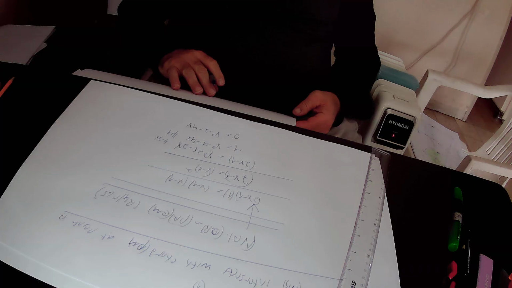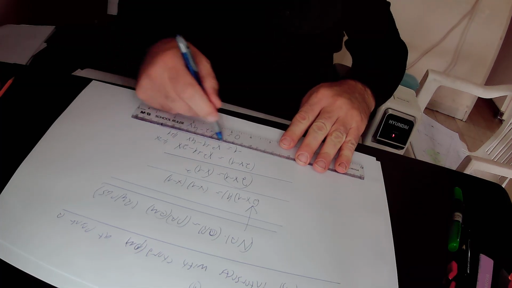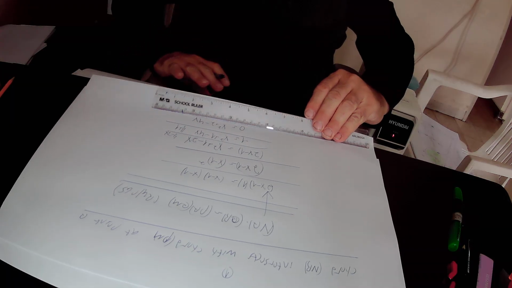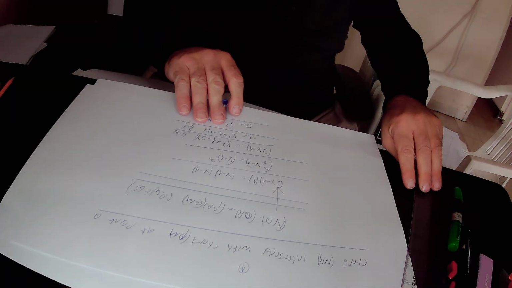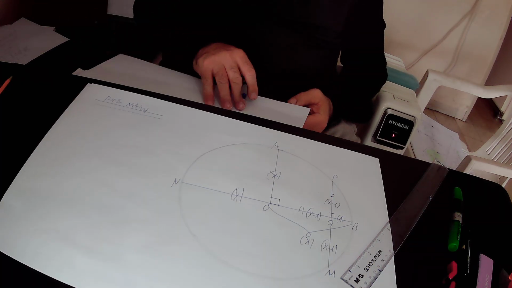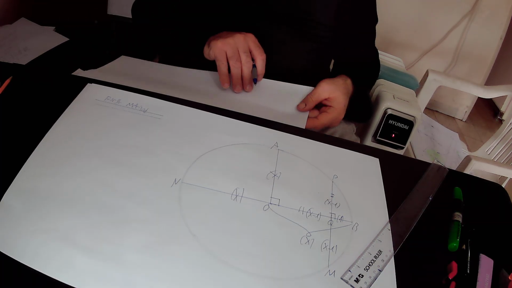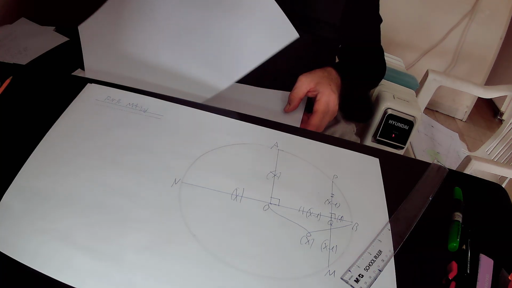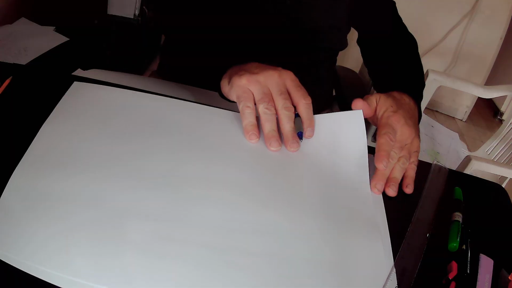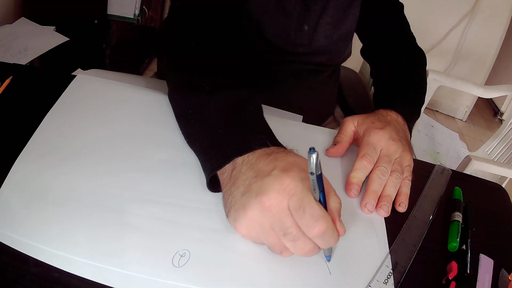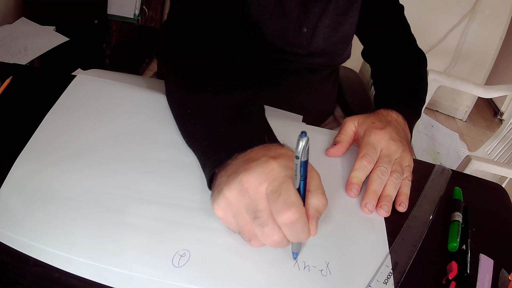So in total, we found that X squared minus 4X plus 2